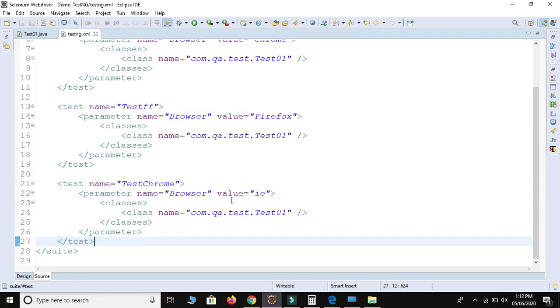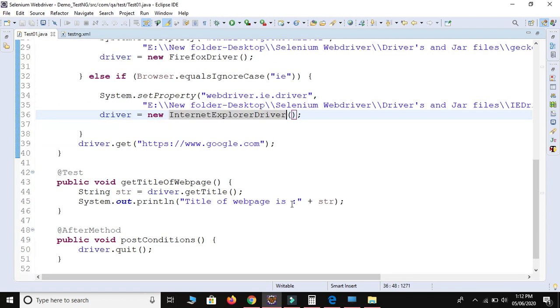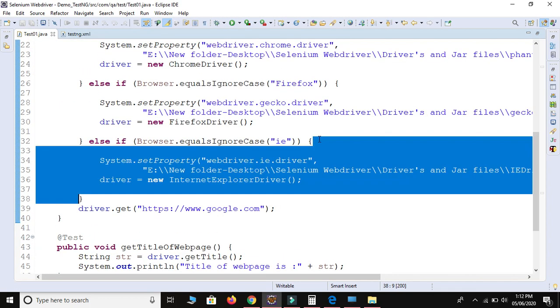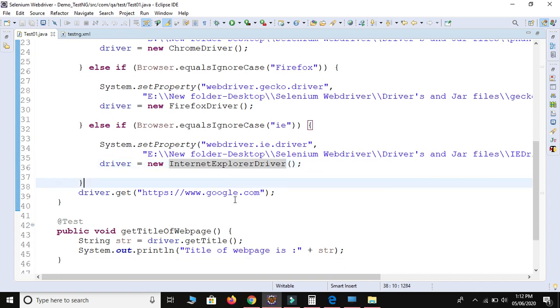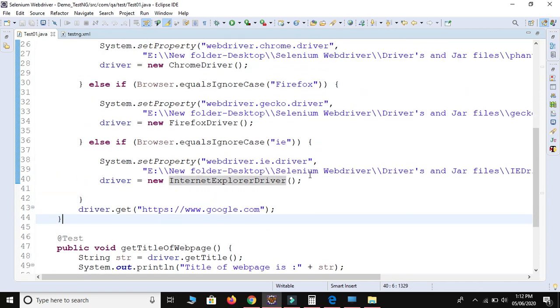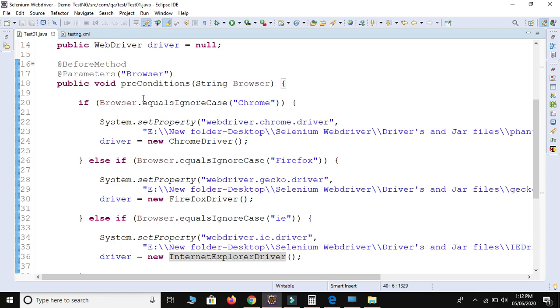The name of the browser is IE, so it will compare this IE with this one. So it will execute the IE browser, Internet Explorer. It will create an object of the Internet Explorer driver. So it will launch one by one all three web browsers, Chrome, then Firefox, and then IE, and it will execute our script. So now we are done with the coding part.